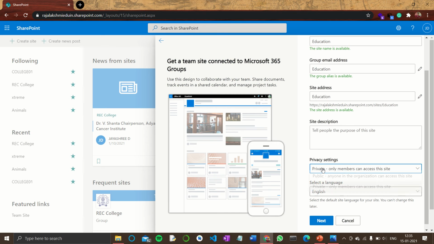And in privacy settings, you have two options, private and public. Private means you can add certain members alone to access your website. If you choose public, all the members with your domain mail address can access your website. In my case, I will go with private.